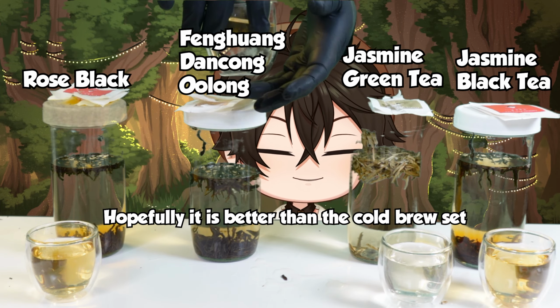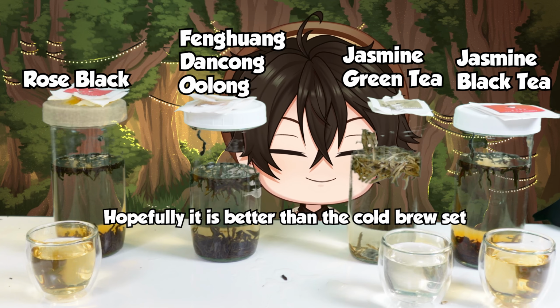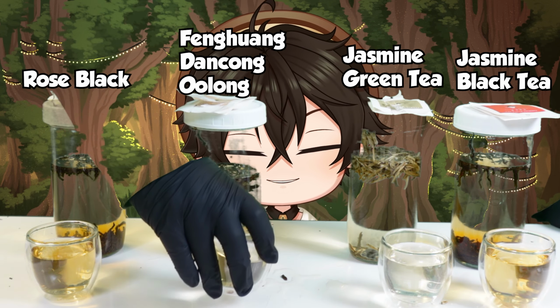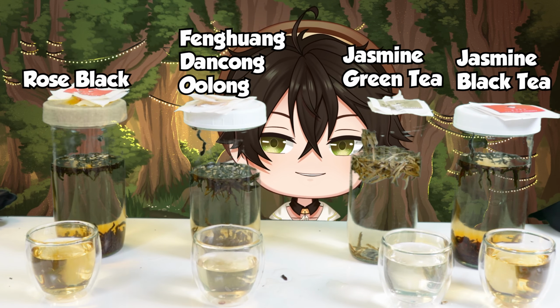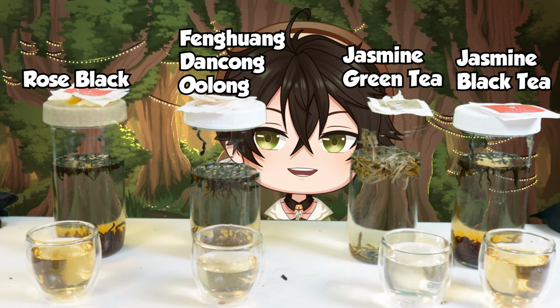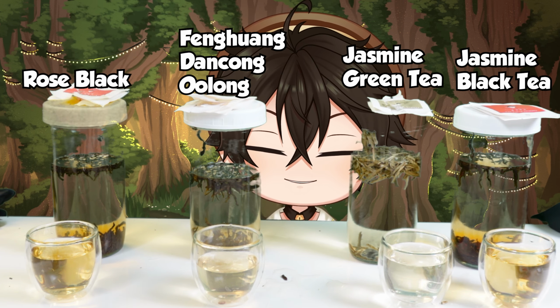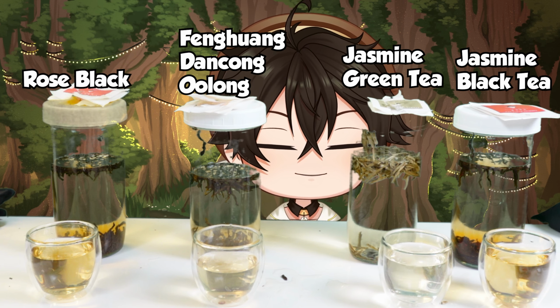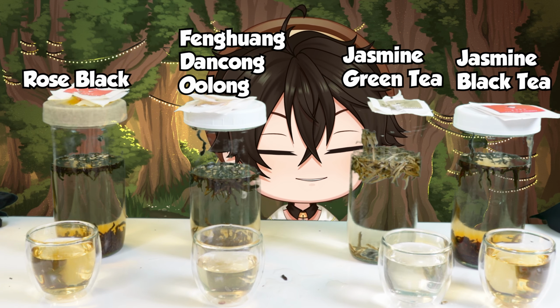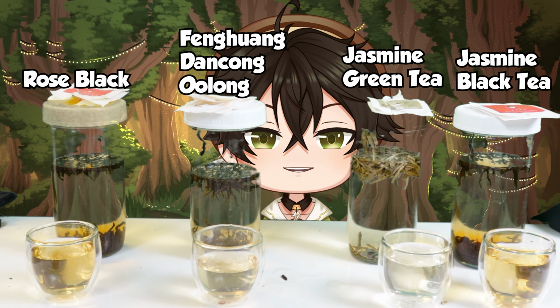Anyways, we got the oolong here. Let's taste that. Very, very smooth. These are all, again, with cold brew, it's really hard to mess up cold brew as long as your tea is not really, really bad. Honestly, I would be happy with these so far. I do want to point out,